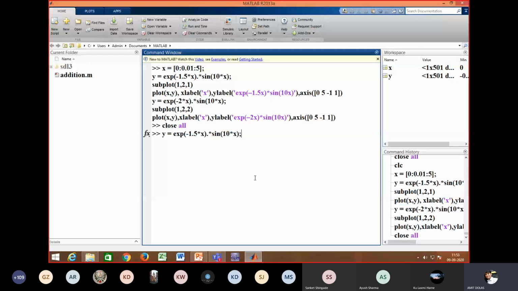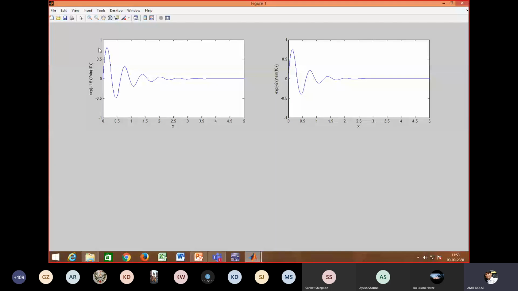So you can see here, as I mentioned, there are 2 rows and 2 columns, so 4 graphs can be plotted on a single window, where first position is for the first function, then the second position for the second function.